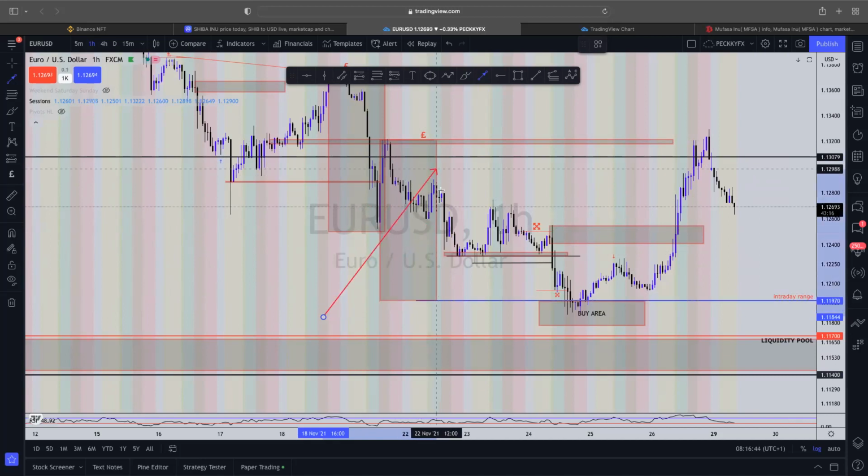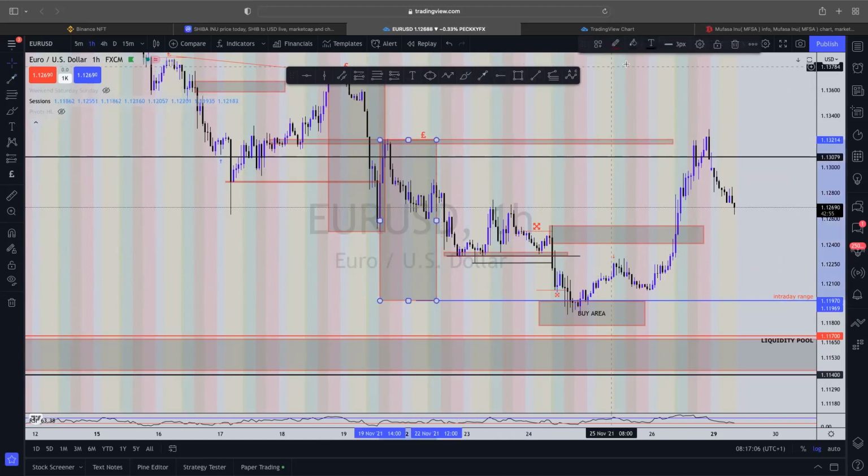Now, created by New York. What happened? Boom. During the Asian session, you see this spike right here. I want to see this range. This is the first one, this is the second one. So this is where I'm expecting the market to reverse from. And thirdly, we have